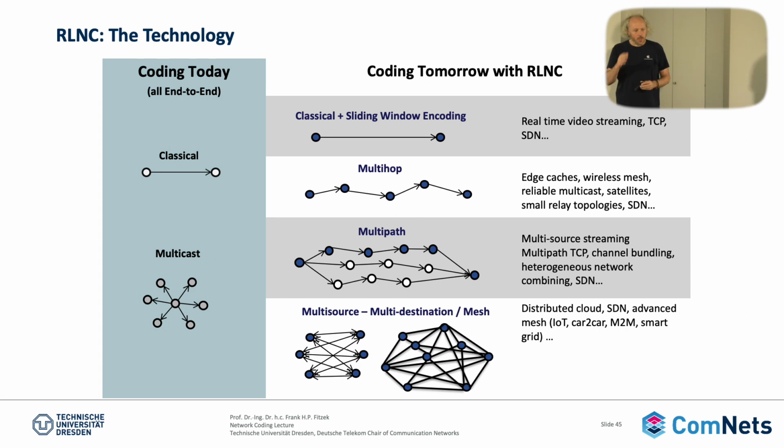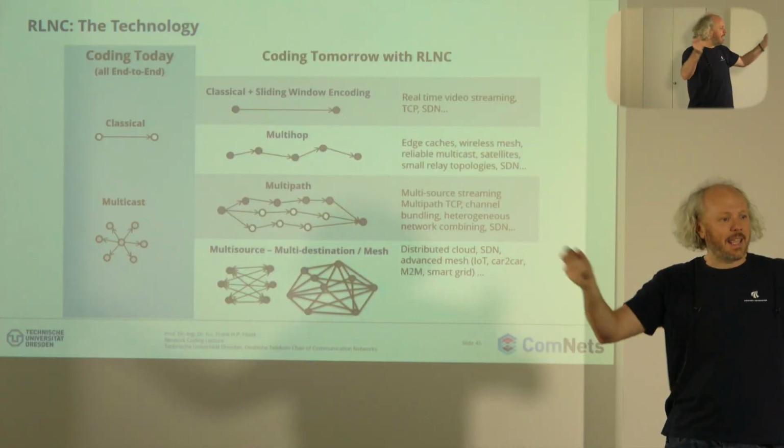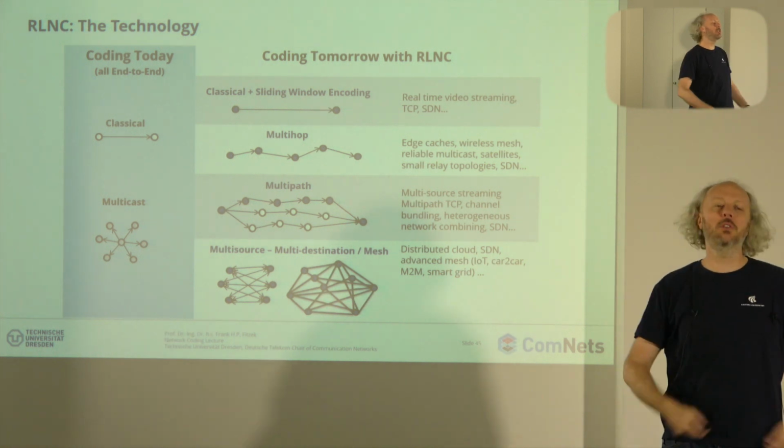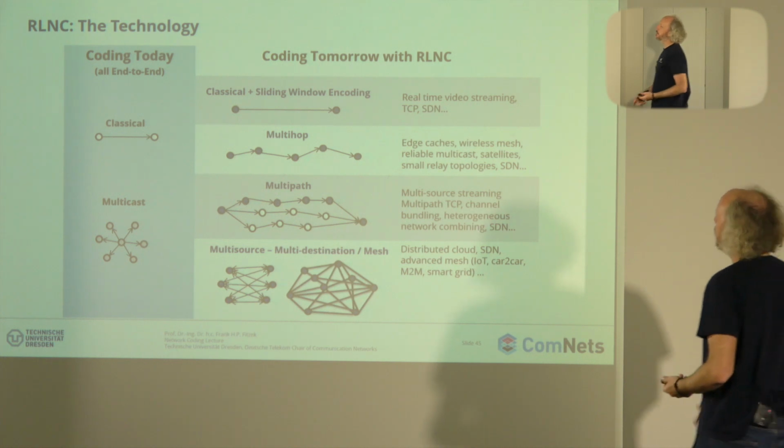Now, why are these two features so important? If you look at the classical coding of today, we have point-to-point coding and point-to-multipoint. Point-to-point is really what Reed-Solomon could do. Point-to-multipoint is more what the fountain codes are doing. It's very good for multicasting. When there are problems, you just continue until the last one in the stadium has it. But then there are other things that will come up.